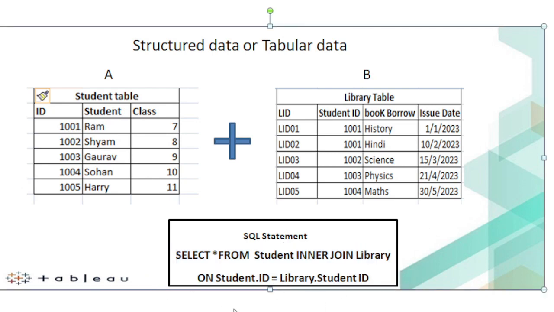In SQL we mention the table name dot column name. So we are applying the join on the ID for this table and the student ID for this table. So we are joining on the basis of these two IDs. After joining, we have some result. We are considering this as table A and this as table B.